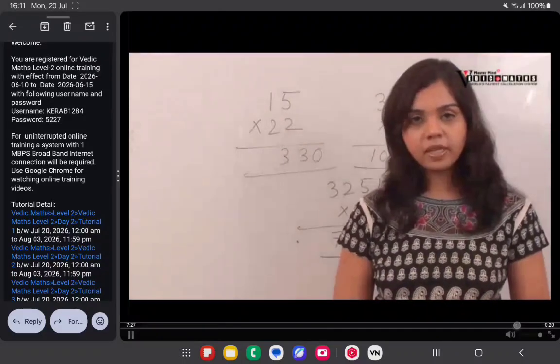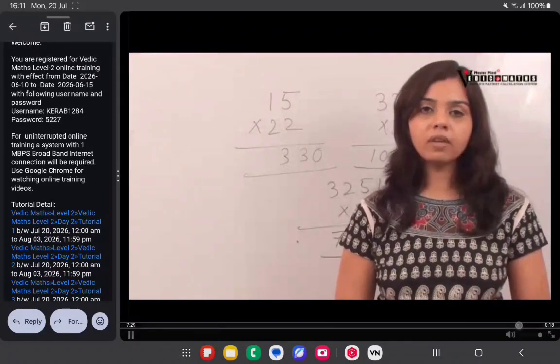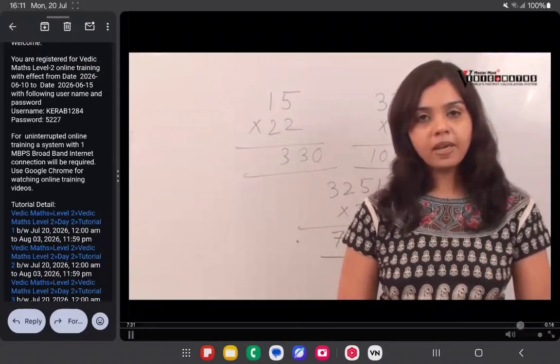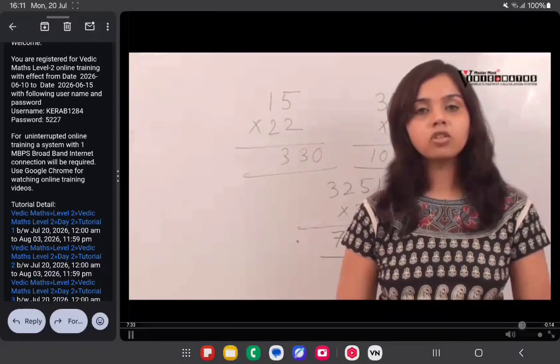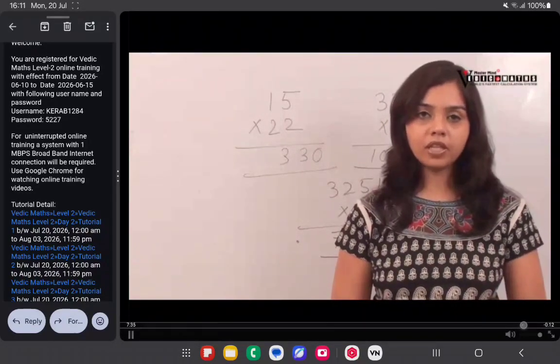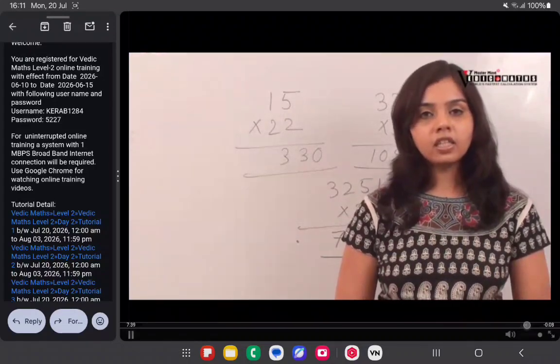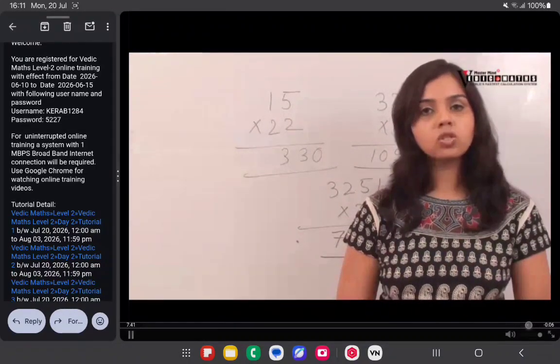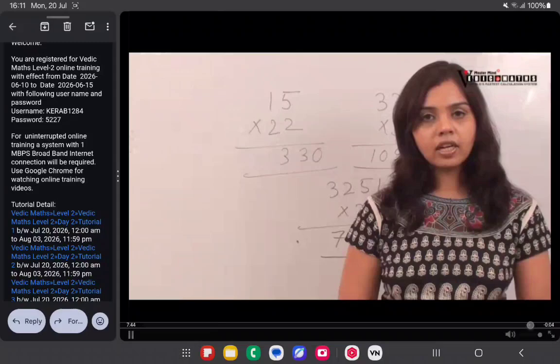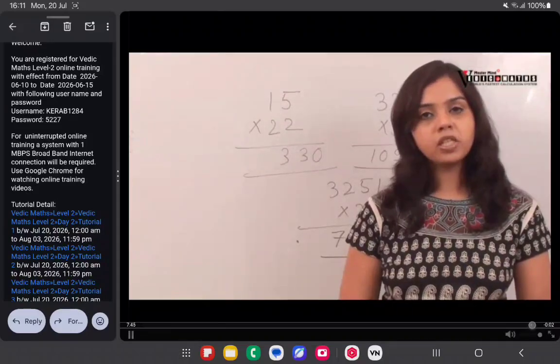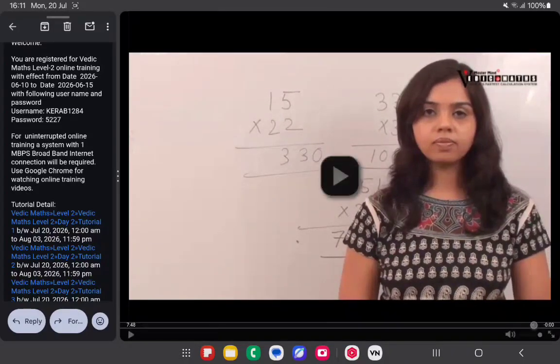Please solve entire sums mentally. In case of difficulty, you may refer to our website. On this page, there is a puzzle also. To get the solution of the puzzle, please refer to our website. So friends, please note one thing: in this week we use the sub-sutra Antar Yorep, that means only the last 2 digits.